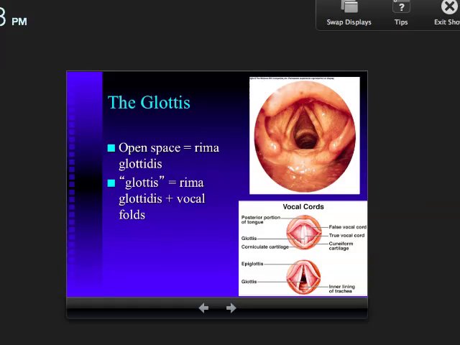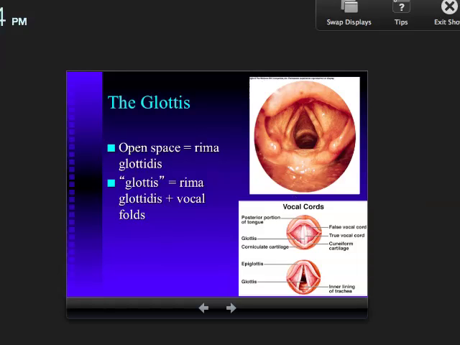The rima glottidis is just the opening. It's just the open space, and the glottis is actually the open space plus the folds that frame that space. As you can see here, by rotating the arytenoid cartilages, we can change the position and tension of the vocal folds. We're going to see these vocal folds opening and closing, and as they open and close, you're exerting tension on them. And the more tension,